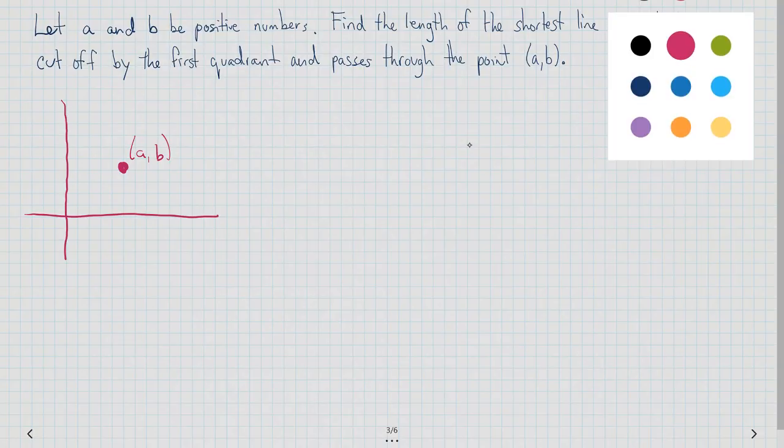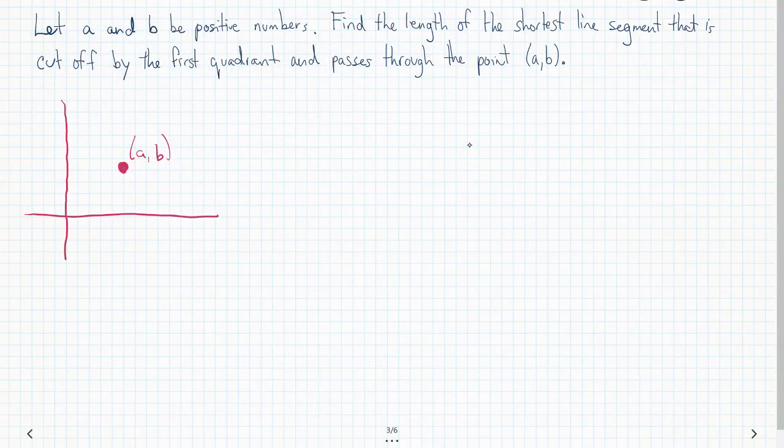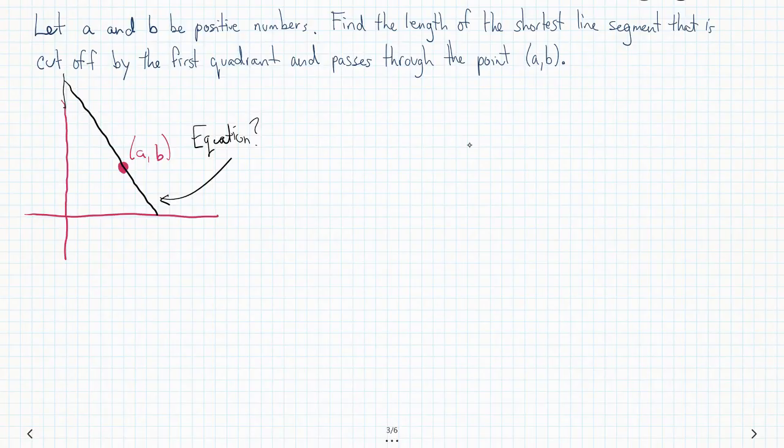So I'll draw the line that kind of goes through there, and let's use black. I don't know what this line's going to look like necessarily. It could be really steep, it could be really shallow, but something like this, okay? So we have a line. Now, the real question is what's the equation for the line? All we're given is this point (a, b). So, at the end of the day,